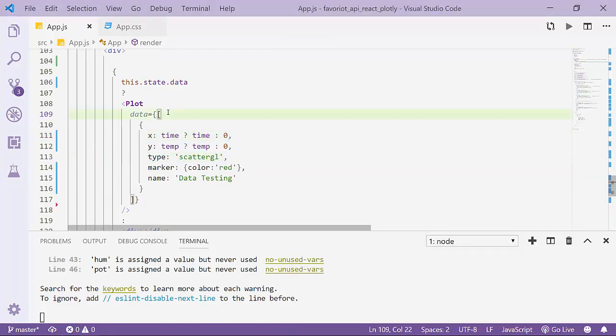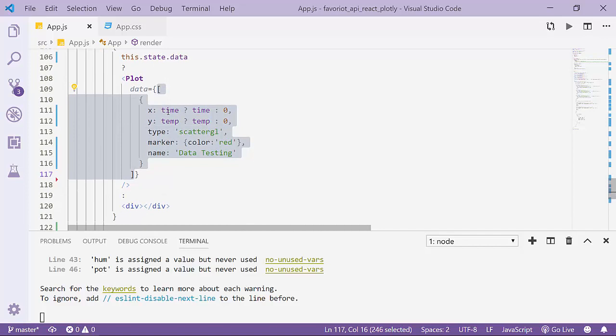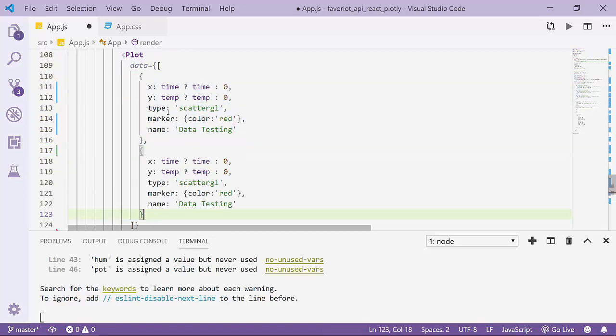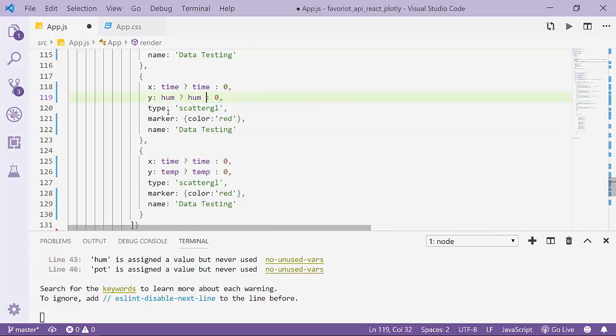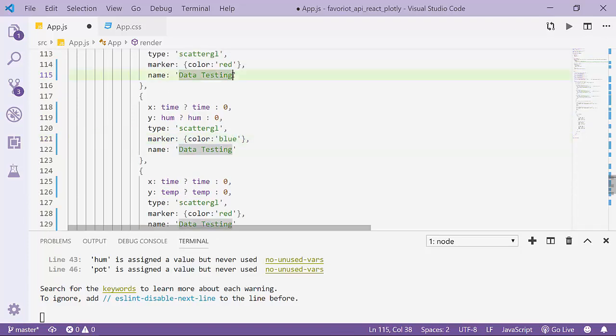So now next I will insert the other plots: temperature versus time, humidity versus time, and potentiometer value versus time. Okay, I just copy it here, comma, and then I will insert the humidity. The color has to be blue. Insert this temperature,